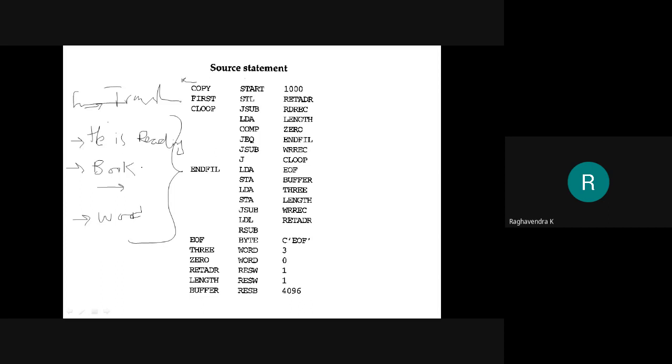Now, how did you know that the answer for book is pustaka? How do you know that answer, right? Because it's stored in your memory, correct? When we were studying in school, we were told that book means pustaka, right?